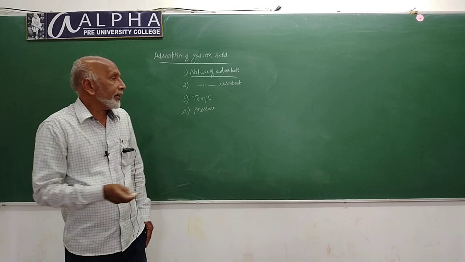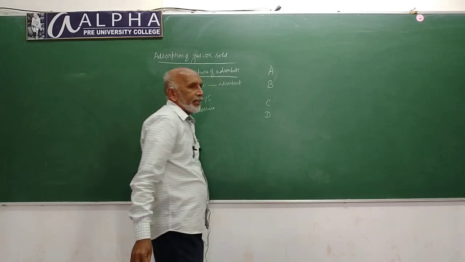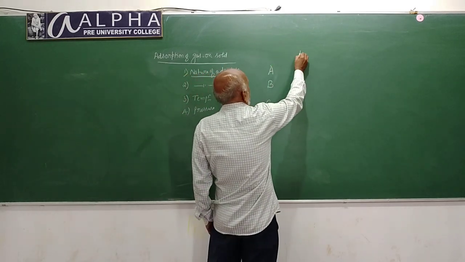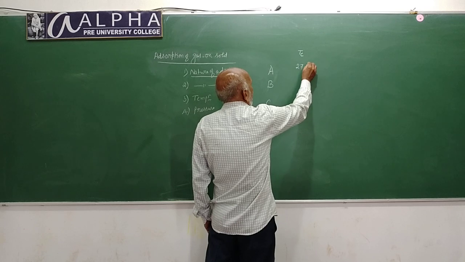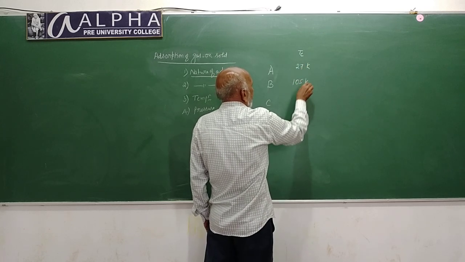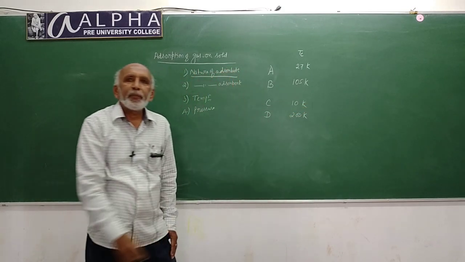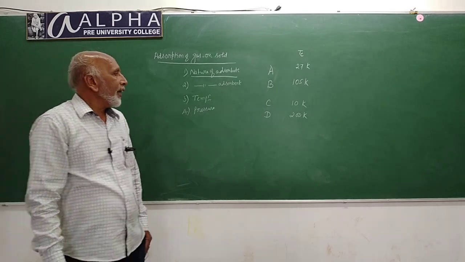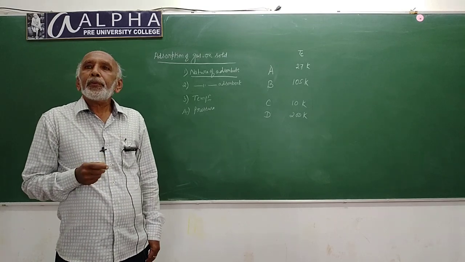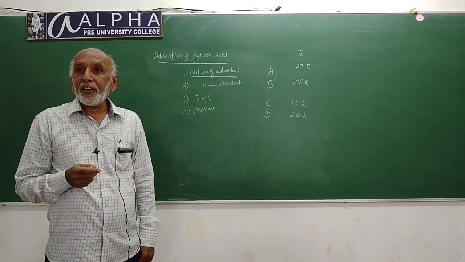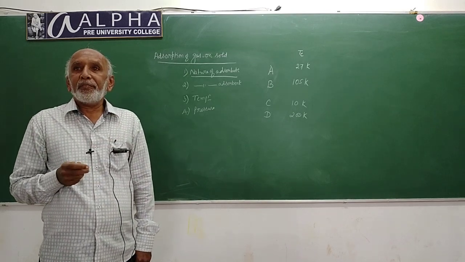Let me take an example here. Say there are gases A, B, C and D. Their critical temperatures are A 27 Kelvin, B 105 Kelvin, C 10 Kelvin, D 200 Kelvin, like that. Which gas can be adsorbed more easily on a solid adsorbent, or give the increasing order of rate of adsorption of these